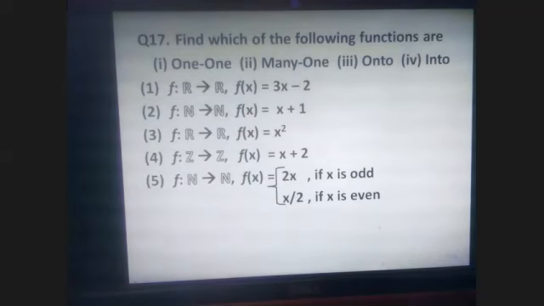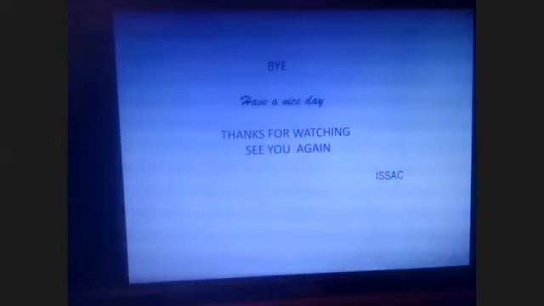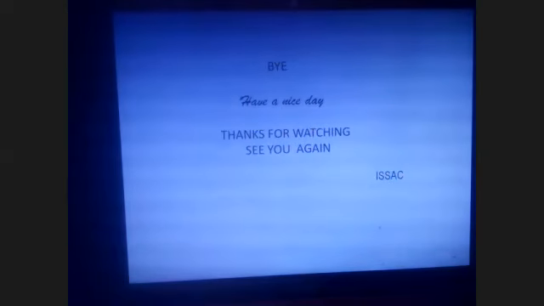So many of them may be one to one. You have to find out which of them are one to one. Many of them may be onto. You have to find out which of them are onto. And which are not one to one will be naturally many to one. Which are not onto will be naturally into. Okay. Well, this is only the beginning, not the end of the topic. You have just started the